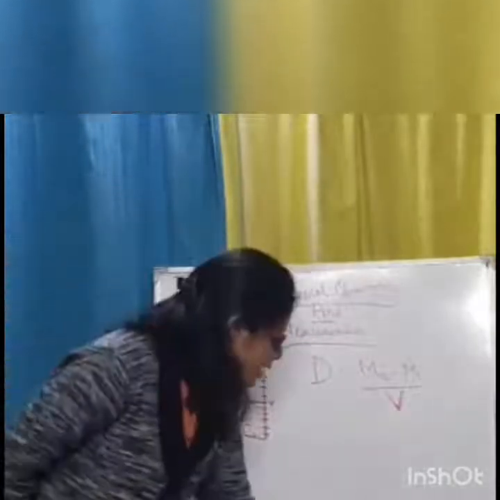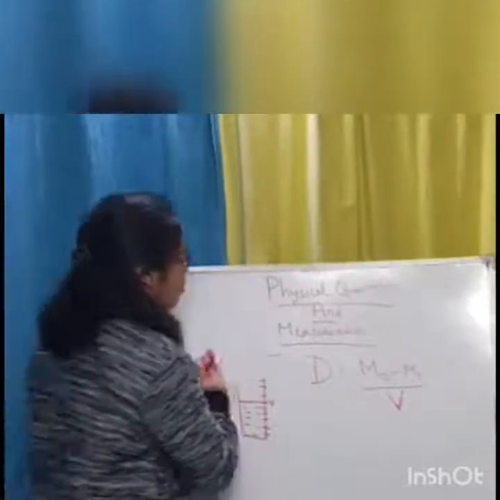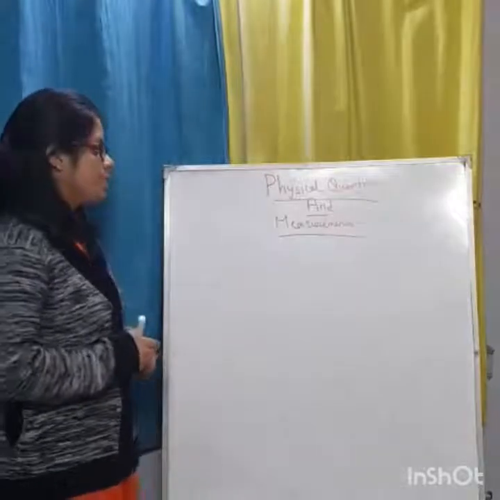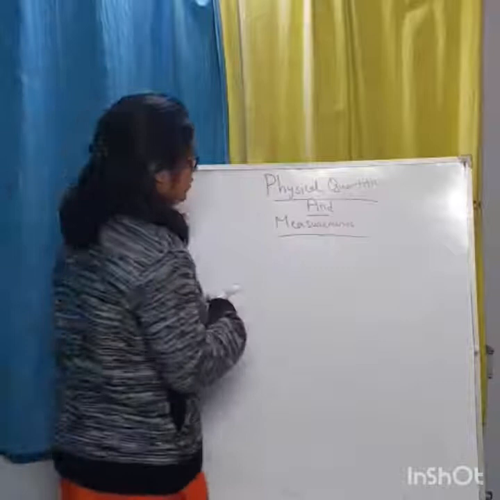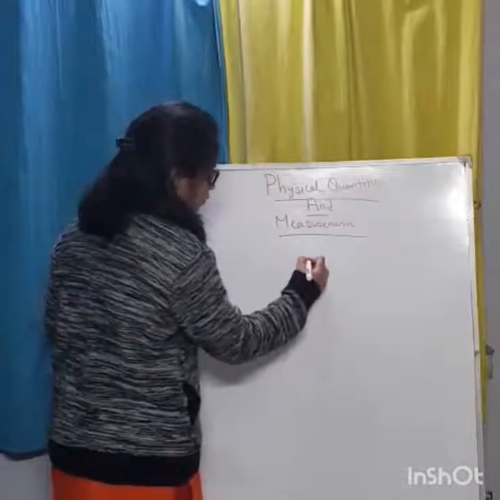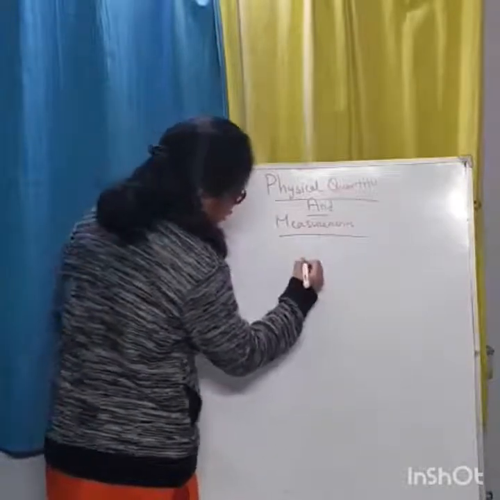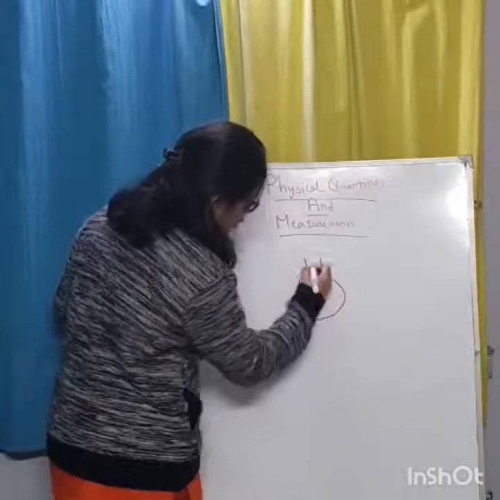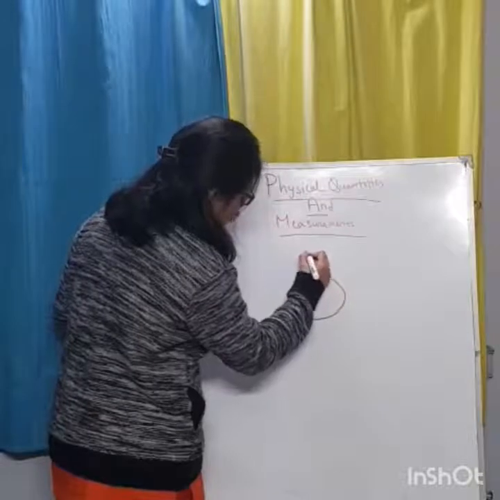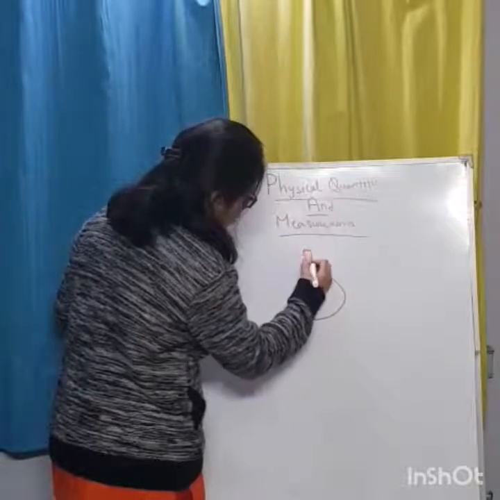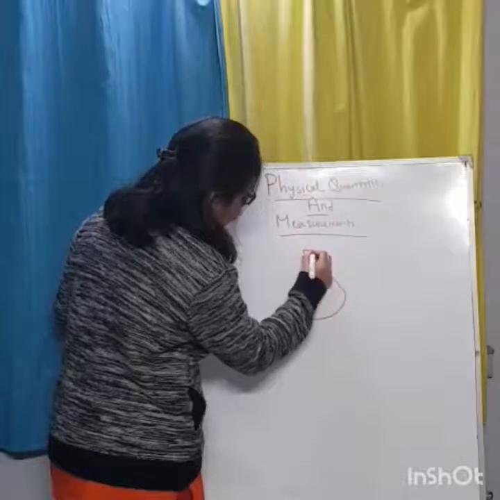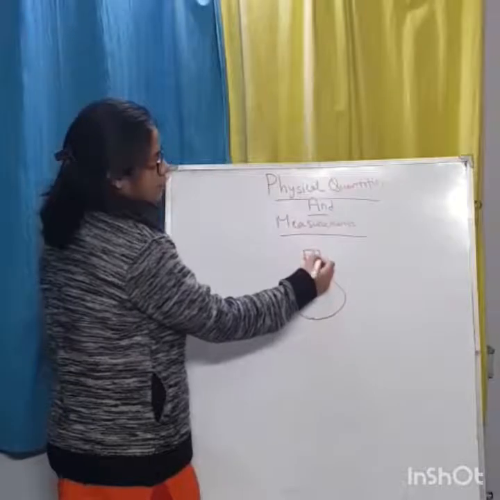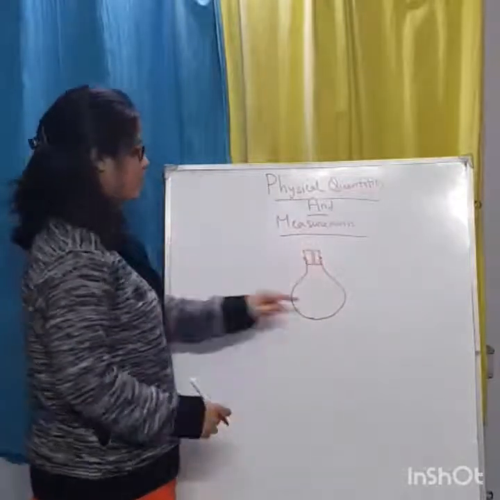One method is this, and the next method is with the help of a density bottle, finding the density of any liquid with the help of a density bottle. Now, a density bottle is a vessel which is mainly used for finding the density of liquids. How does it look? It looks like a vessel like this, which has a stopper on its top, which has a very narrow hole or bore in it. So there is a very narrow opening on the top of the bottle. This is the density bottle.